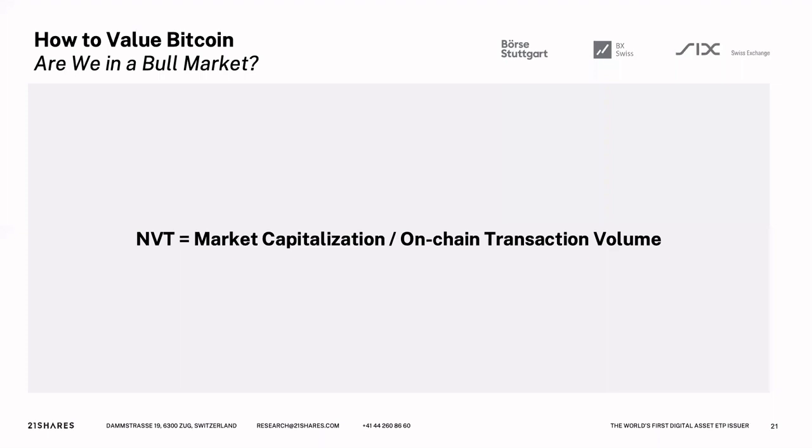And we can see this as in some ways analogous to a P/E ratio for Bitcoin. Even though Bitcoin doesn't have earnings per se, in the same way that the P/E ratio allows one to measure the ratio between the market's current pricing of a stock and the stock's fundamental earning value, we can see this NVT ratio as allowing people to measure the market's pricing of Bitcoin compared to Bitcoin's utility as a medium for transactions.